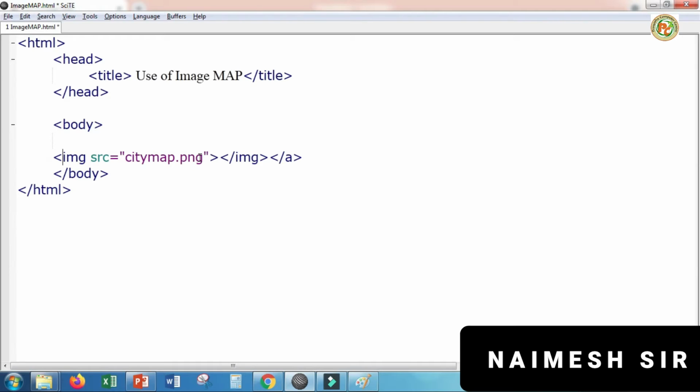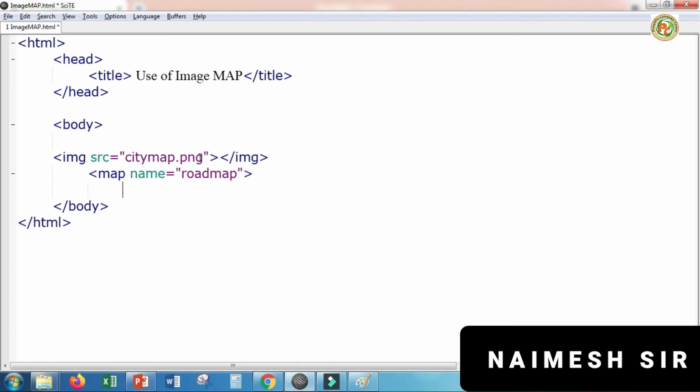To solve this, we have to use the image map tag. Got it? Which tag do we have to use for this? We have to use the map tag. So let's create a map tag here. After creating the image, we keep the map tag. Inside that we have to give the map name of this tag. You can give any name, but I will give road map. The name of the particular tag is road map.